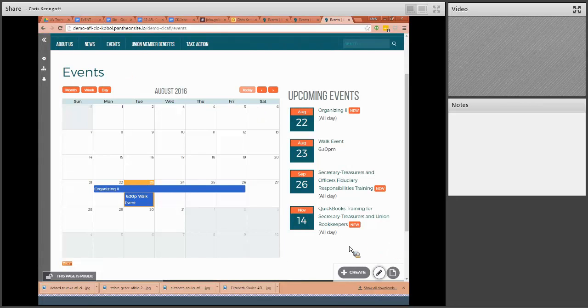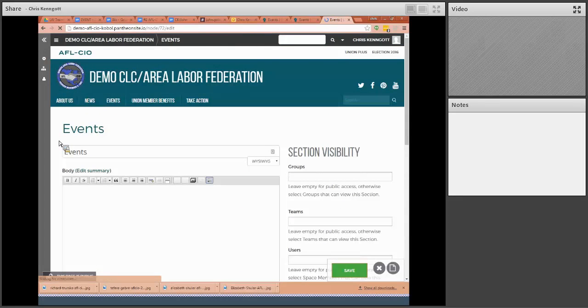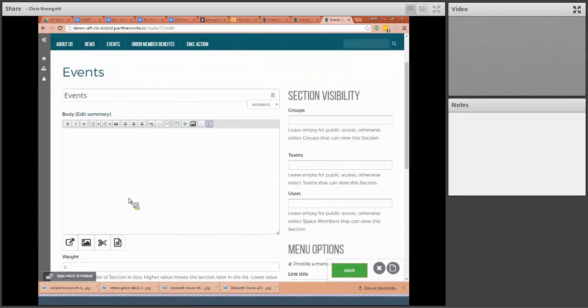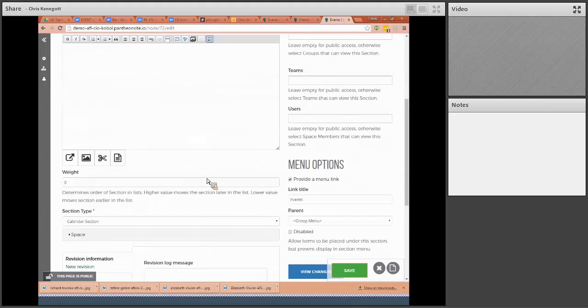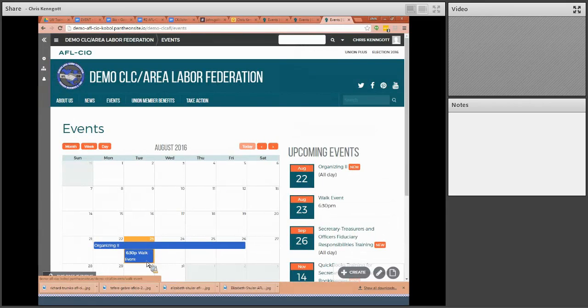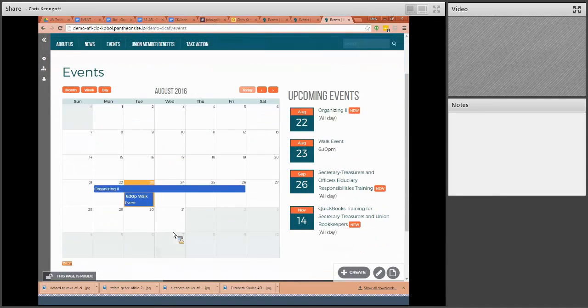I'm on the page, and if I come down here to the little edit icon and click edit, it allows me to maybe change the name of events to something else, maybe add a little bit of additional content in the body, but it's not actually directly going to affect the calendar itself. If I want to add or edit something on the calendar, I need to